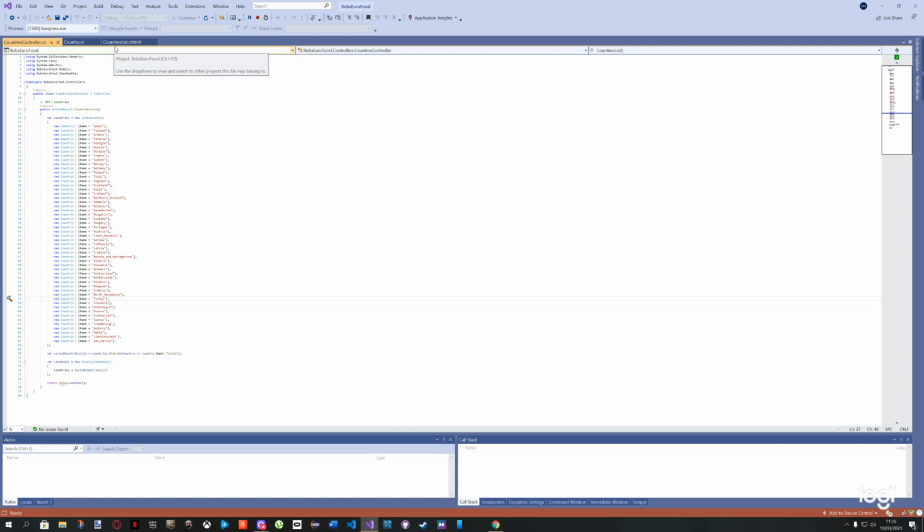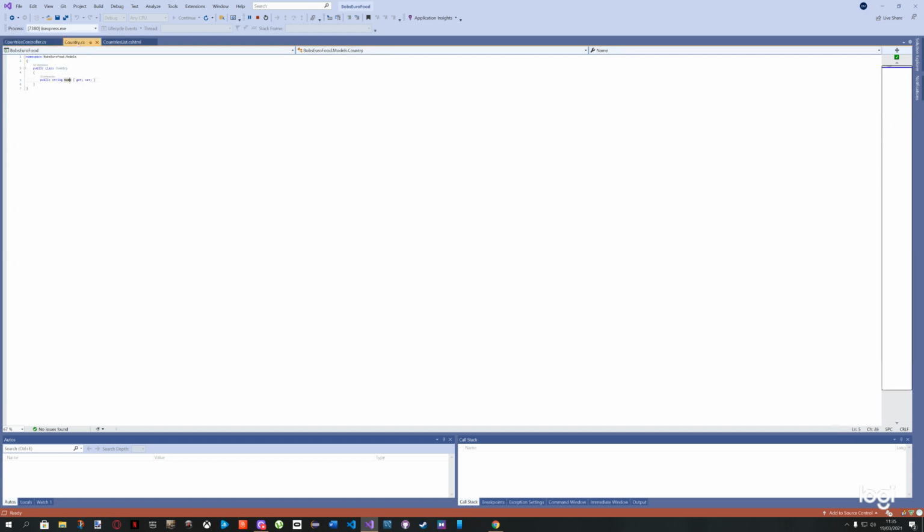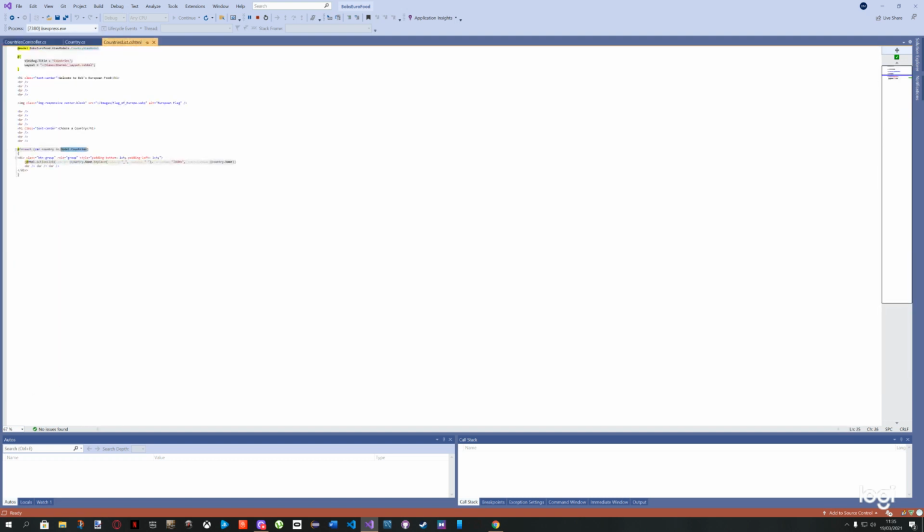So with that in mind, I now pass that country view model into my view, my countries list view, which is also my homepage, and then I use that to loop through the countries model just here, which is the name, and then it's using the name, replacing it with this particular little underscore here, and then